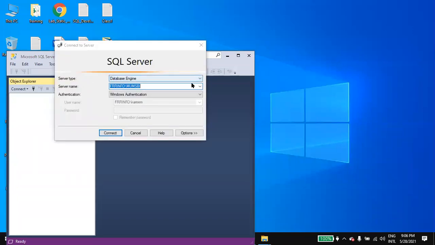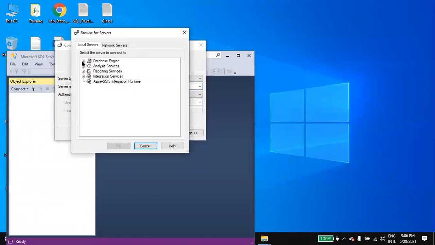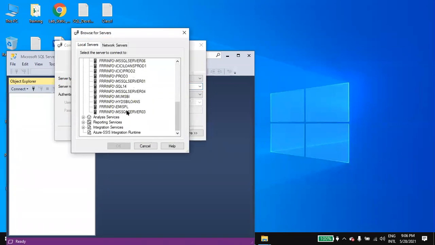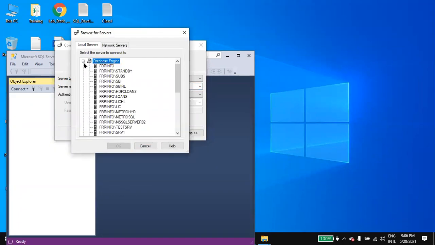Check here, we can say server name, browse for more, database engine. Actually, in your machine, it will show only one. Here, server name equal to browse for more, database engine.